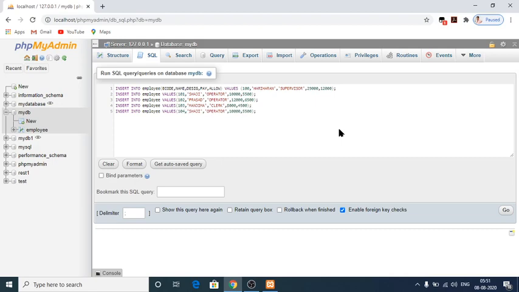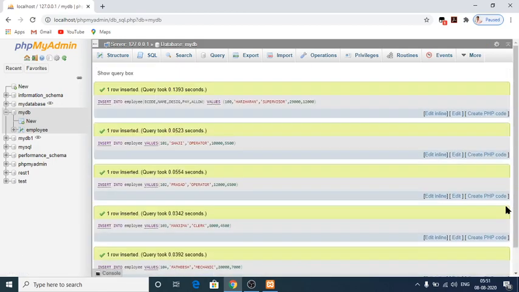Next is the mechanic, 104. The mechanic's name is Ratheesh, RATHEESH, and here MECHANIC, and his salary is 20,000 and 7,000 is his allowance. So go here, there is no error, all the values have been inserted into my table.